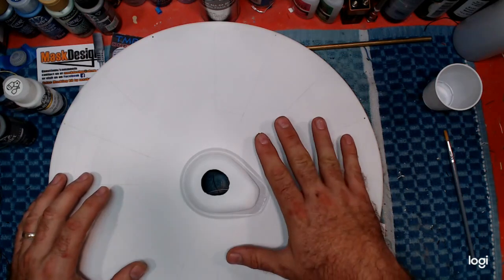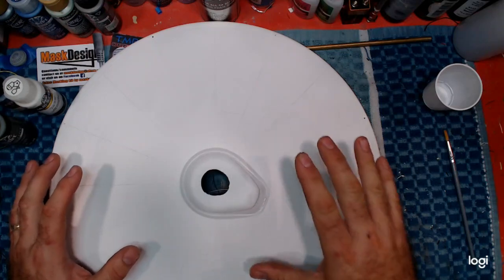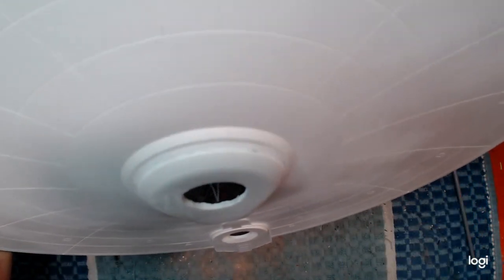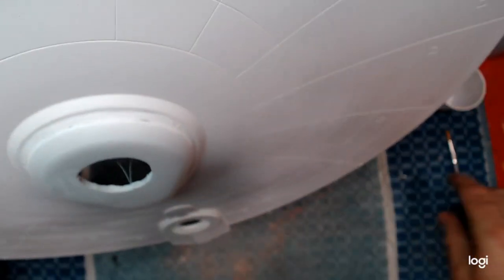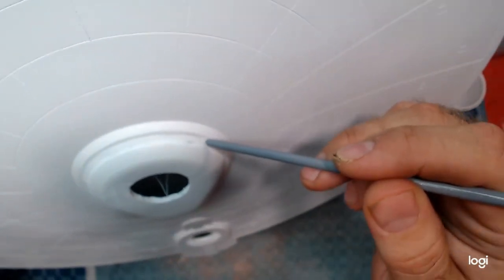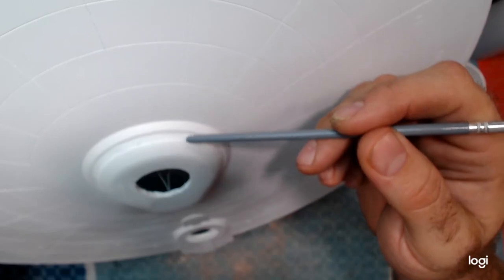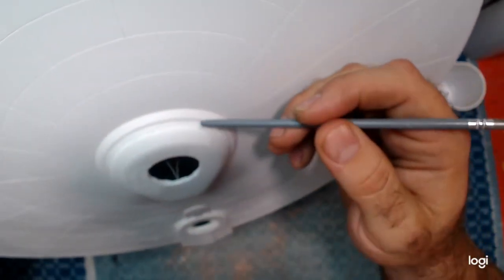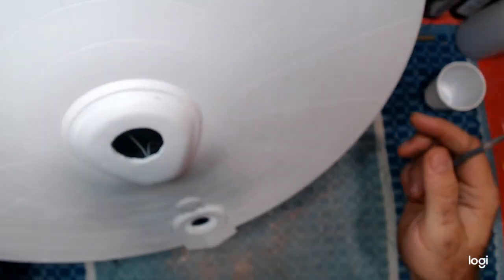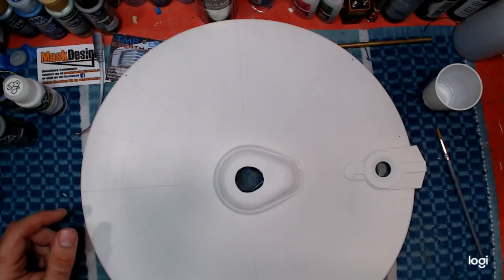So in going back to this, and just to clarify, another reason why I went back over it wasn't just because I wanted to go more into the colors and the mixes I'm using, but also I had mentioned before about these panels that are in the front here. And I had replaced the three smaller ones on each side near the windows, but I said I was going to leave these alone. Well, the more I sat here and looked at it, the more I just liked how clean these came out. I have a piece of hair on there. How clean the three that I replaced on each side looked, and the ones that were molded in just didn't match. They just didn't look right. So the more I looked at it, the more I decided that, you know what, I just need to go ahead and take those off and do them all with, well,